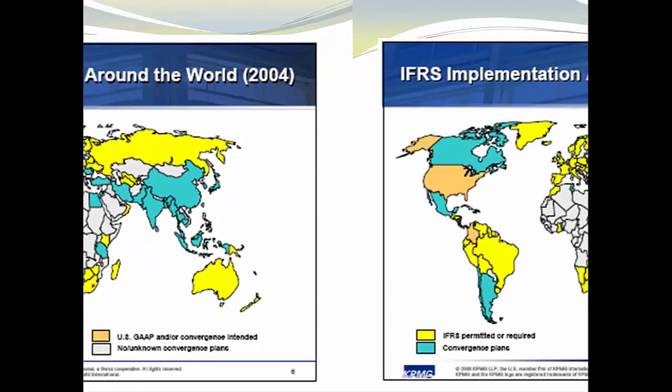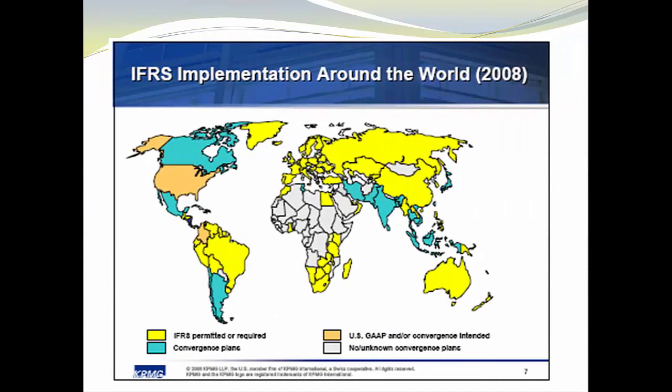Okay? In 2008, 4 years later, the map looked like this. You can see how much of the world, even in 2008, had already changed to IFRS or had a specific date that they were going to change. Those are the ones in blue. And then there was us and Colombia, and that was it. Okay, and it was a great support to know that Colombia was on our side. But anyway, that's kind of where we're at.